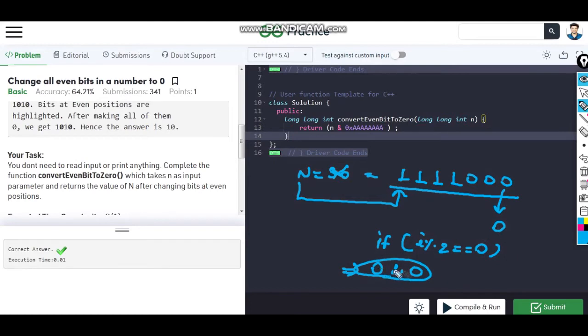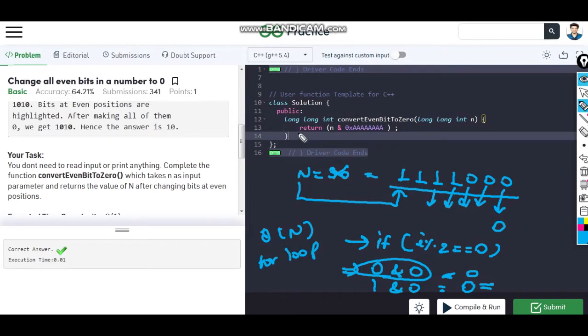If it's 0, 0 and 0, it will be 0, so 0 will be stored. This is not even, this is also even, so 0 and 0, 0 will be stored. This is not even, this is even, so 1 and 0, so it will be 0. So this is how we can do it in order of n time also, using a for loop and if else if conditions, right?